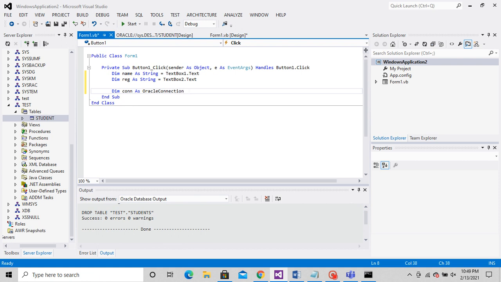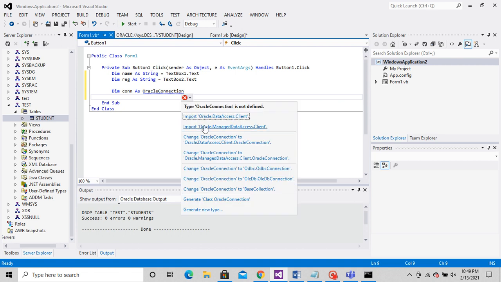Now I'm forming the connection. If you get the same error, you can just click on this, import Oracle managed data access dot client.